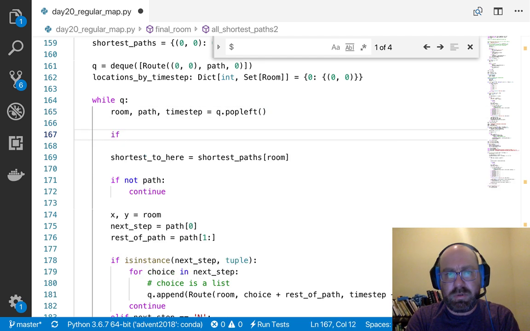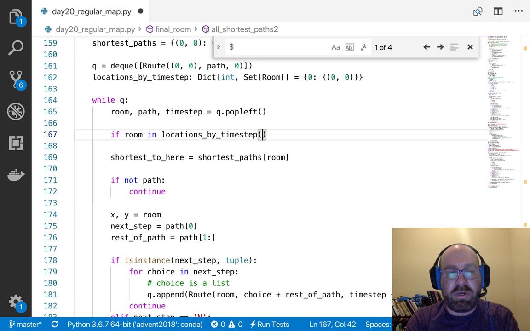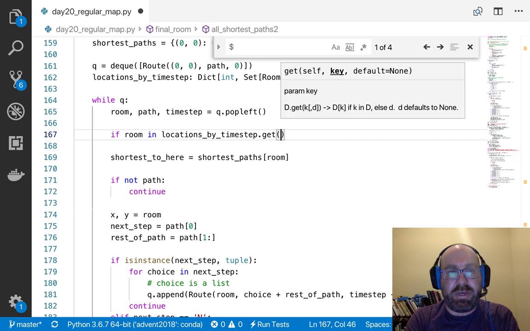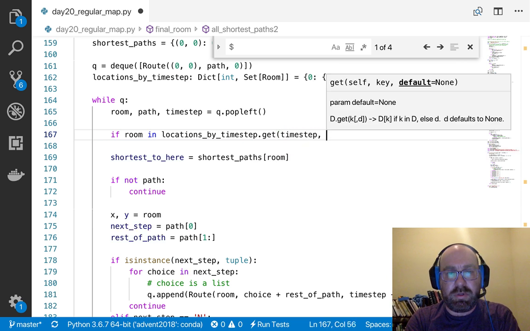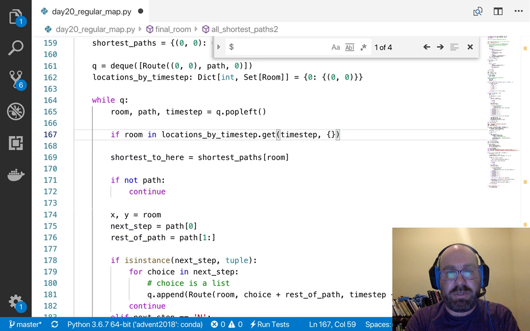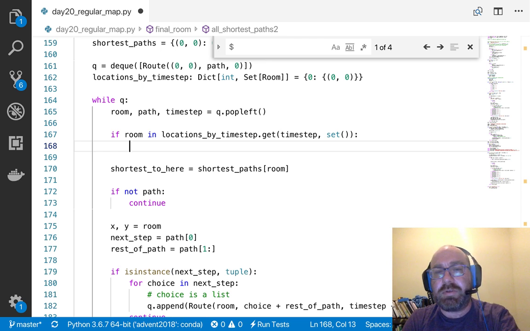If room in locations by time step dot get time step, empty set. Okay, so if I visited this room before at this exact time step,